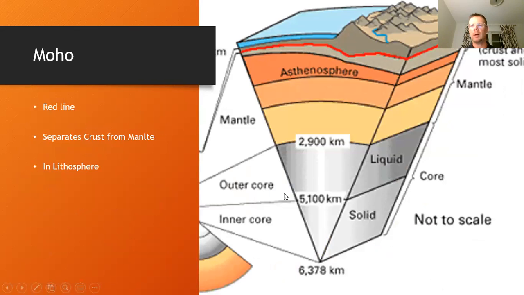So the MOHO on this screen is that red line. The red line between the crust and the lithosphere, or the crust and the mantle more specifically. It is part of the lithosphere. If you look at the word mantle on the right side of the screen, underneath the word lithosphere, you can see how the mantle goes up to the MOHO and down